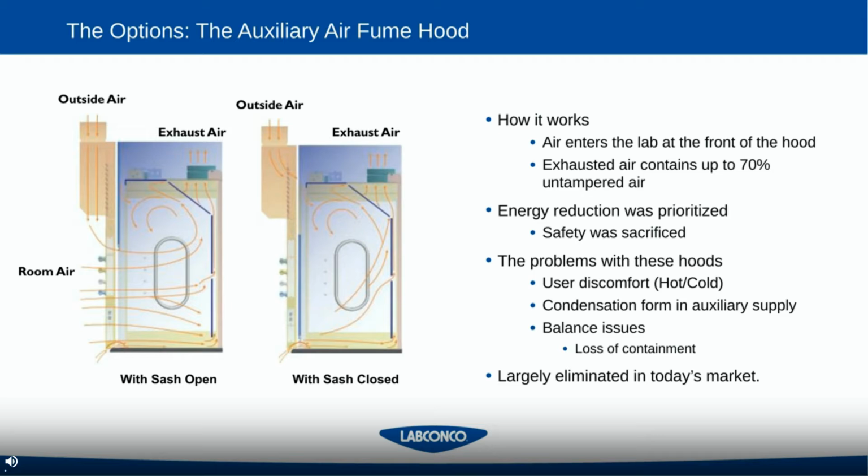And loss of containment means exposure of the laboratory personnel to whatever was being contained on the inside of the hood. And that, as it pertains to safety, is completely unacceptable when it comes to fume hoods. So for that reason, these hoods are largely eliminated. They still exist because the life of the hood may have